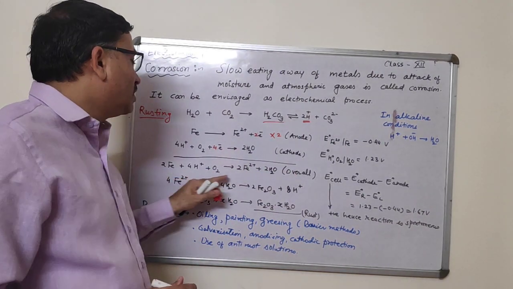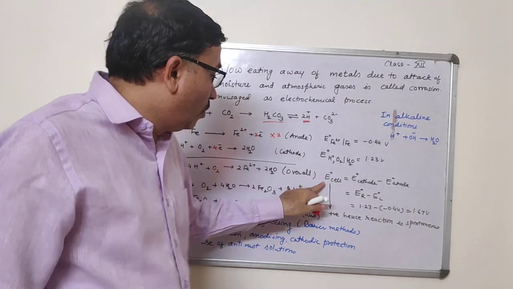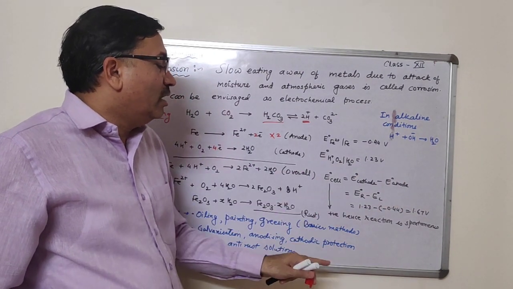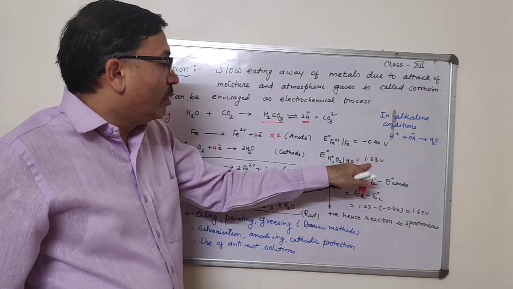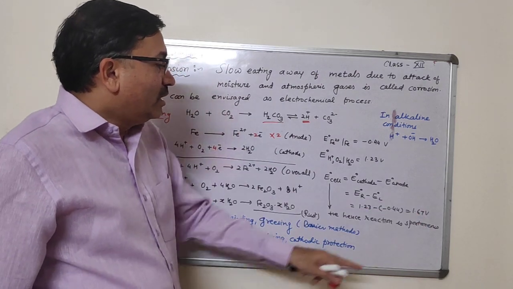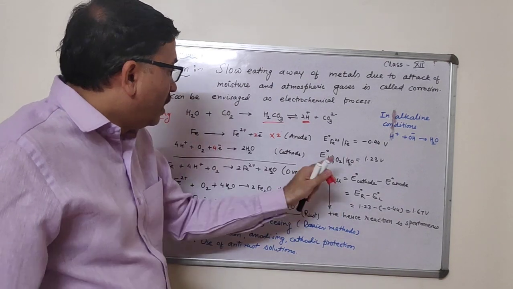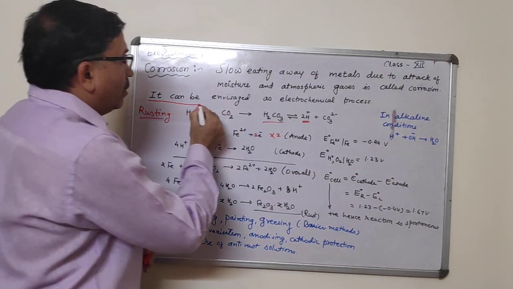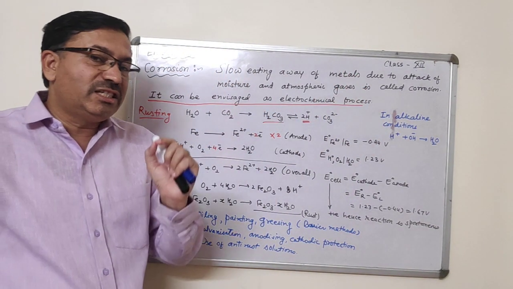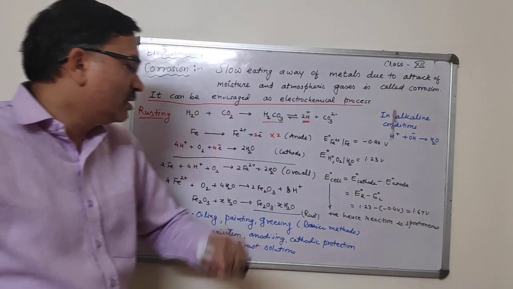And we can say this is our cell constructed. When I determine its standard cell potential, E naught cell is E naught cathode minus E naught anode, or E naught R minus E naught L. Its value is 1.23 minus (minus 0.44) volt, which is 1.67 volt. Since this E naught is positive, we can say this reaction is spontaneous. Now we can prove that corrosion can be envisaged as an electrochemical process. It is a spontaneous process. Its delta G will be negative while E naught cell is positive.